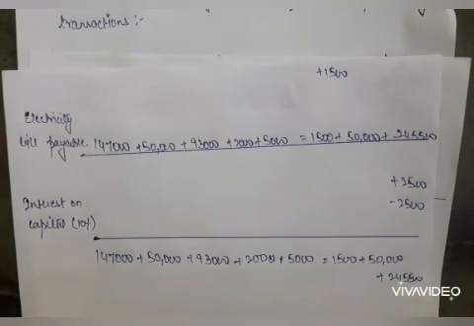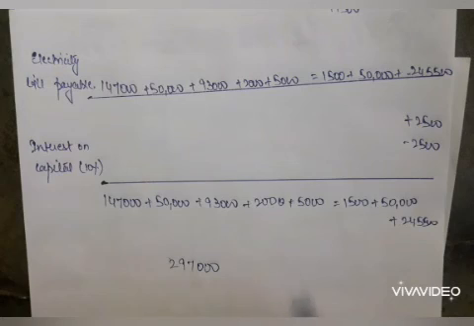Now we can check the total of both the sides, whether we are going to get it equal, and if it's equal, it means that we have done everything correct. Let's check it once. It's 1,47,000 plus 50,000 plus 93,000 plus 7,000, so the total of this side becomes